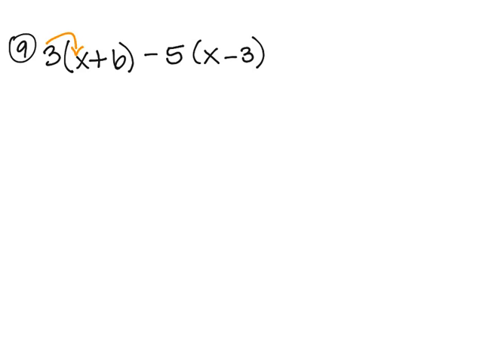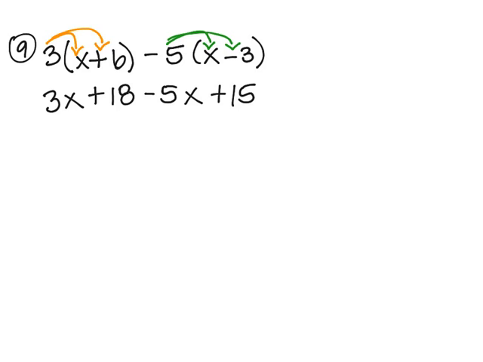You're going to distribute the 3 to both things inside, and then we're going to distribute negative 5 to both things inside the second one. So when we distribute, that's multiplication, right? So 3 times x, good. 3 times 6, 18, good. Then negative 5 times x, good. And negative 5 times negative 3,